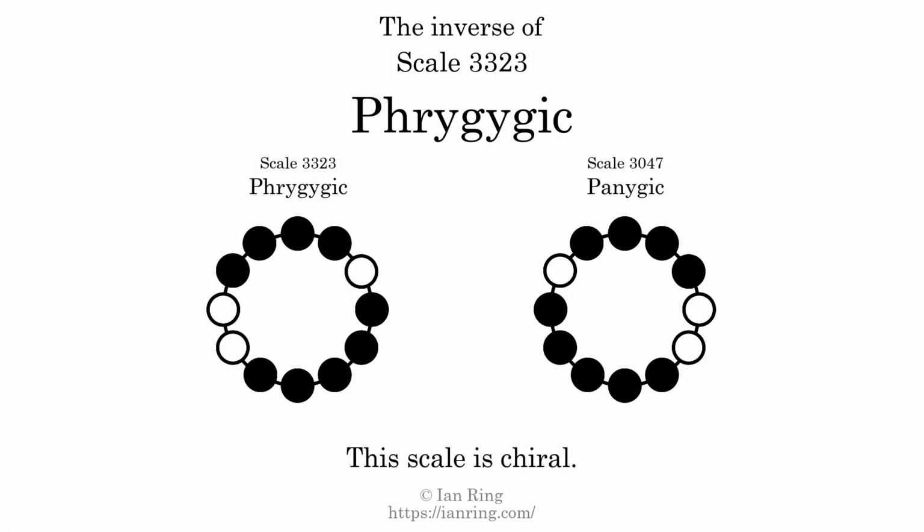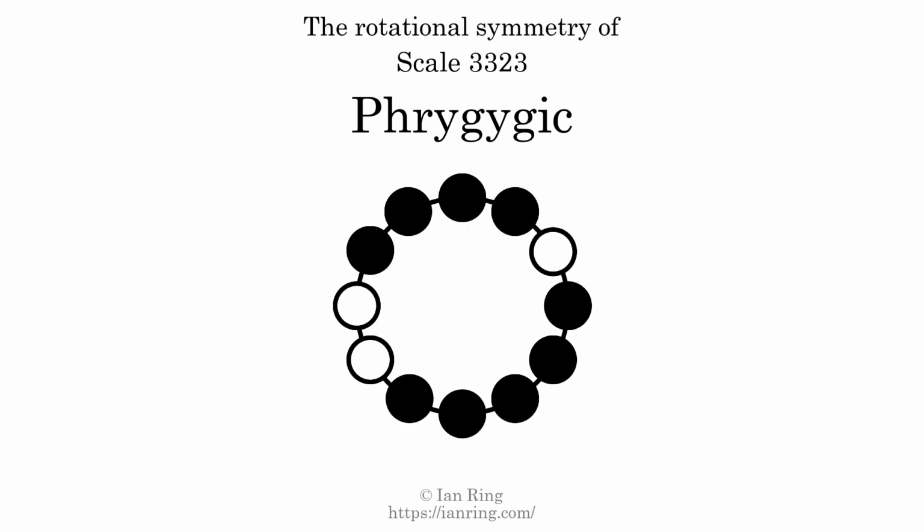The inverse of a scale is a mirror image. It is what you get when the sequence of intervals is reversed. The inverse of this scale is scale 3047, also known as Phrygygic. This scale is chiral. It cannot transform into its inverse by rotational transformation. This scale has no rotational symmetry. For even more detail about this scale, visit